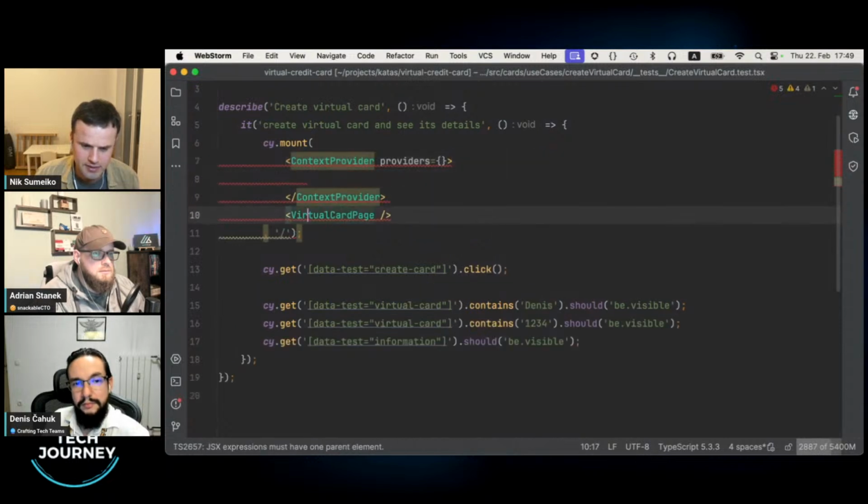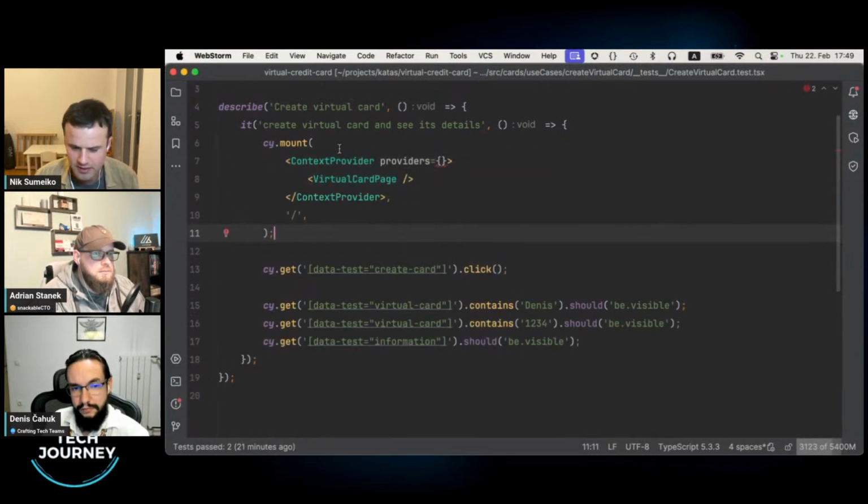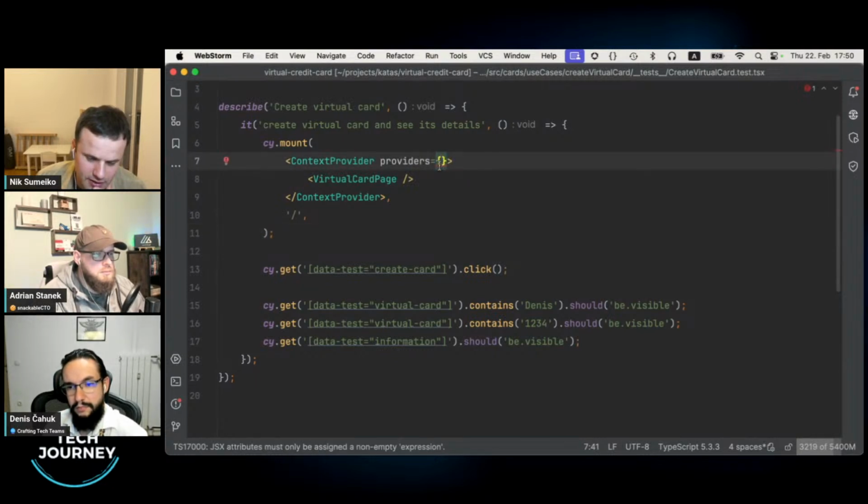That's a type safe implementation of React context, nothing more than React context. It's just type safe, so in TypeScript you get these hints when you are using this. So this thing requires some providers, and this is exactly where we'll put a fake implementation inside.